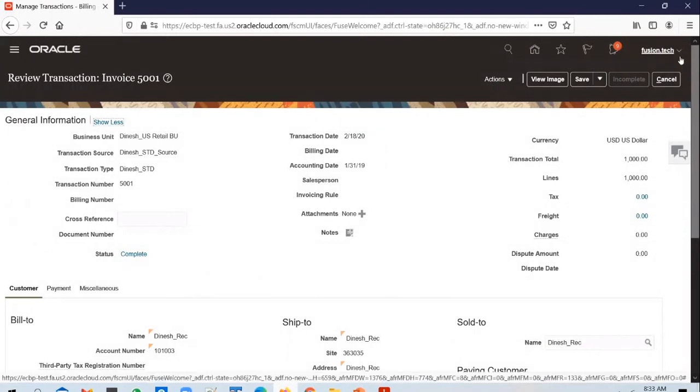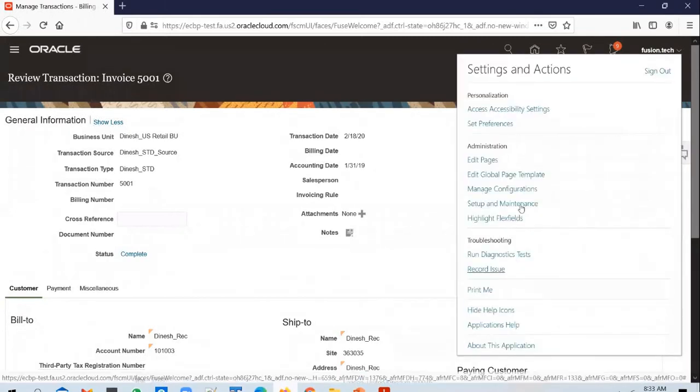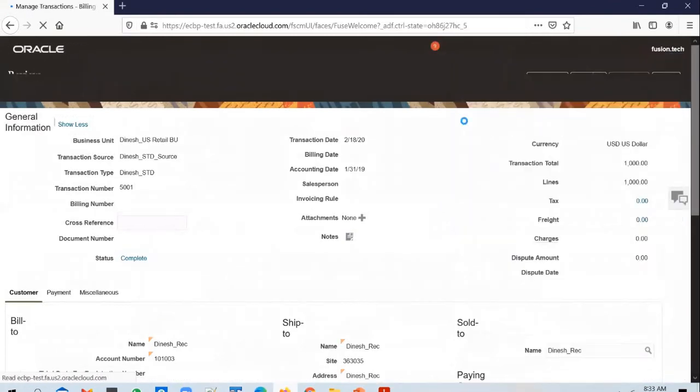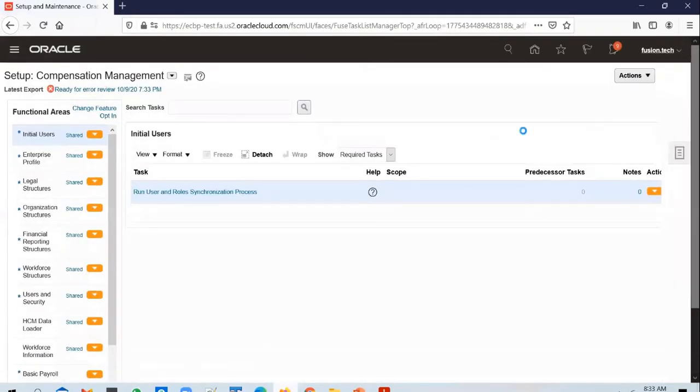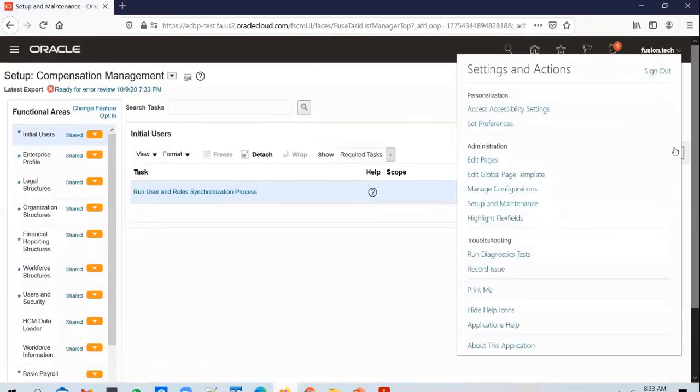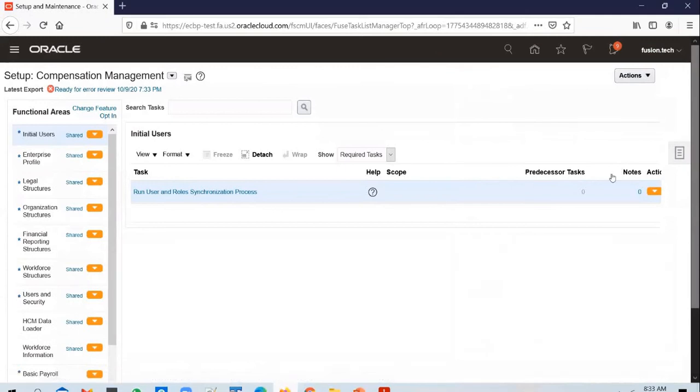So if you look at the Fusion.tech user, if you go back, go to setup and maintenance. If I want to figure out what business units this user has got access to, what do I need to do? I need to go to the manage data access for users screen, because we've seen that in the security session, right? So how do you give access to a business unit to users?